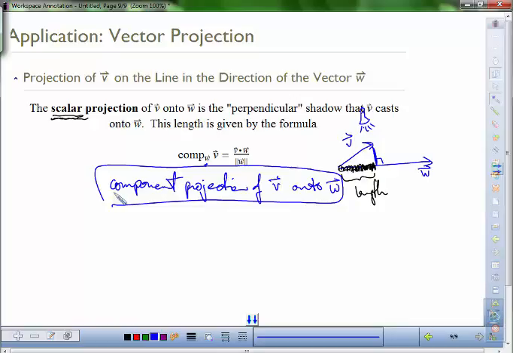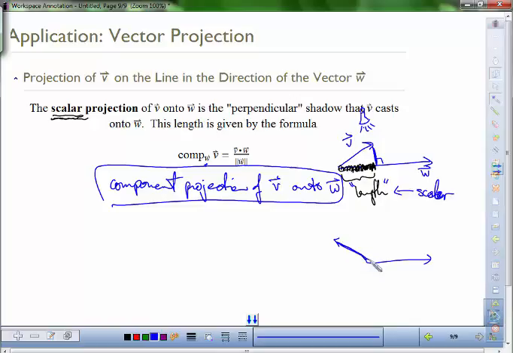Okay? The dot product of the two vectors over the magnitude of where it's being projected onto. Okay? So that's the component projection. And it gives you a scalar. And I said length here. I want to put the length in quotes because